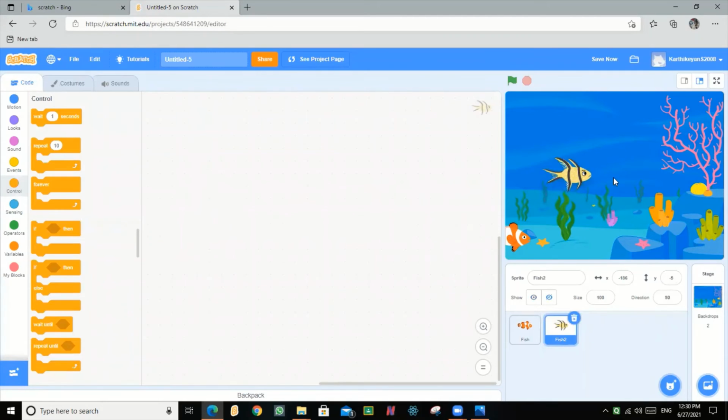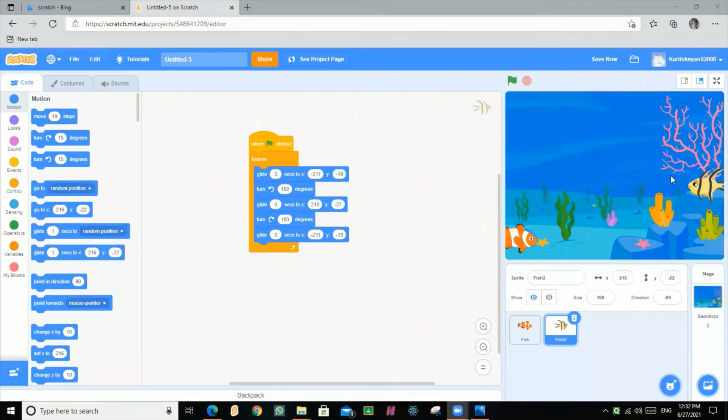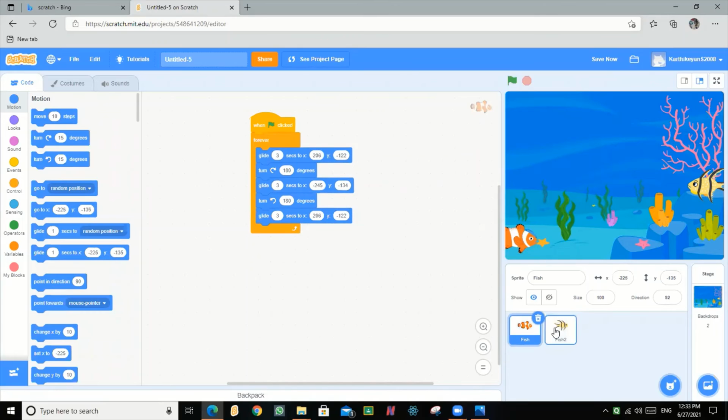I want this fish to come from this side, so in the opposite direction. For this, click the sprite and go to direction and click the left right option. So change it to this side, 90 degrees. Okay, it is set. So now I am going to keep it here, this side. Okay, same like this, how you did, we should do for this one. So okay friends, now I have coded for this fish too, same like the first sprite fish.